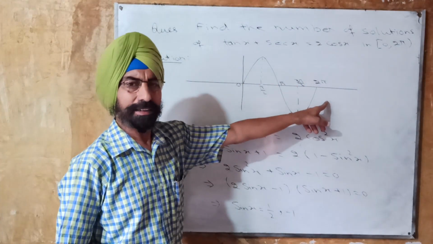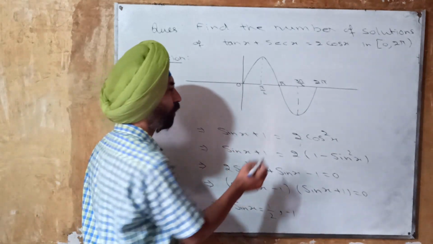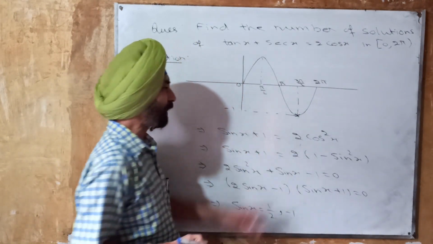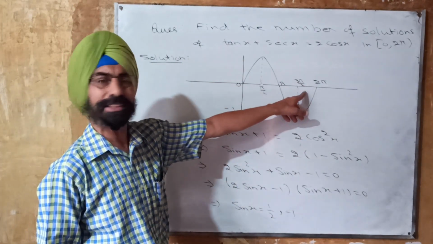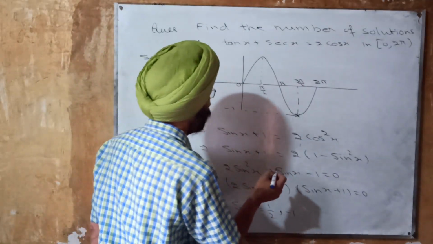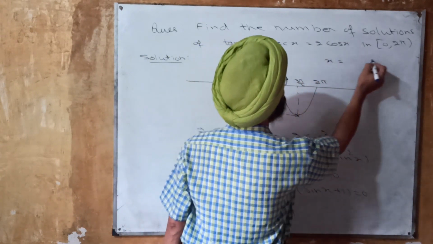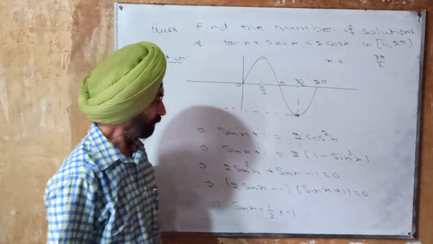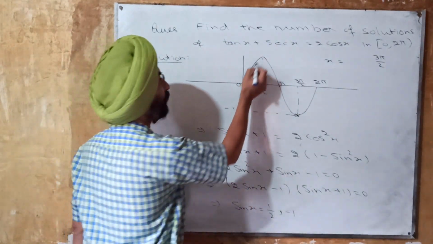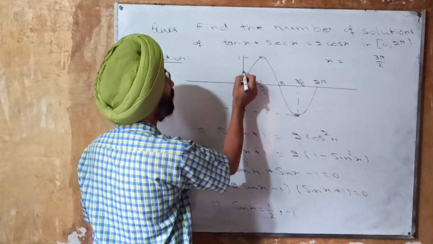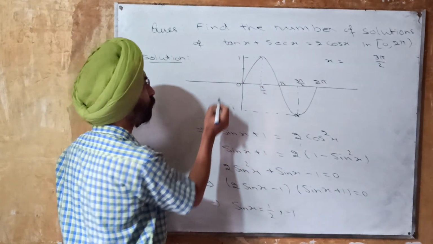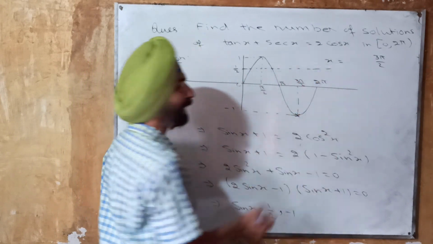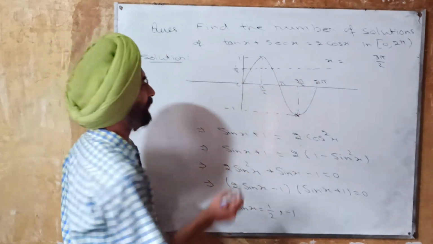In this interval, the value sin x is equal to minus 1 occurs only here. This is your minus 1. So it occurs only at one point, and that point is 3 pi by 2. So one of the values of x you are going to get as 3 pi by 2. And sin x is equal to 1 by 2. This is your 1, so definitely in the center of these two you will get 1 by 2, and this line will cross the curve twice. And these 2 points